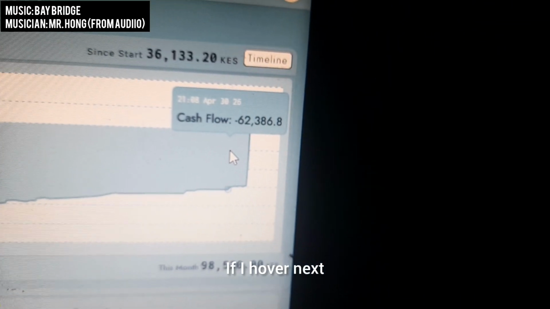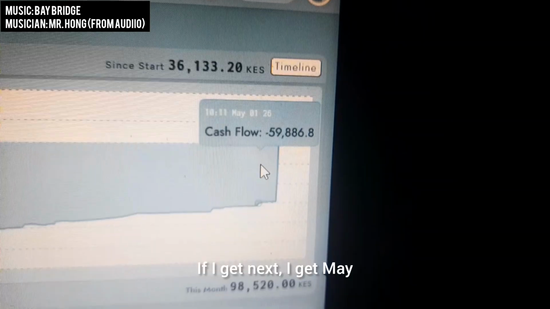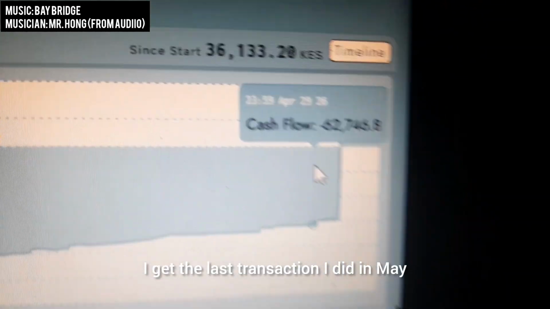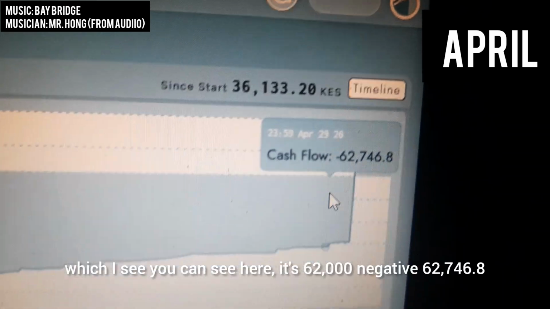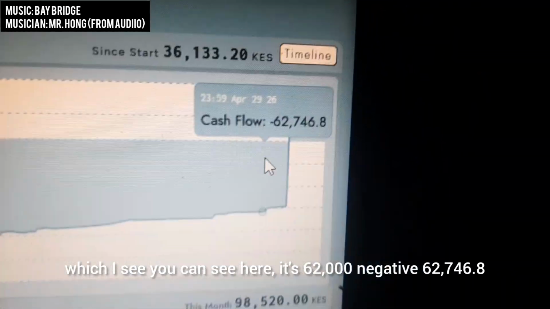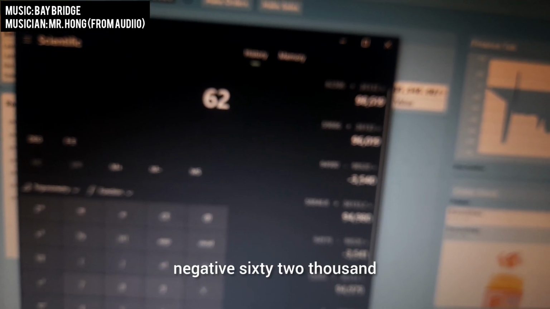You can see if I hover next, I get the April still. If I get next, I get May. If I go previously just 1 inch, I get the last transaction I did in May, which you can see here. It's negative 62,746.8. Now, in order for our graph to go from negative